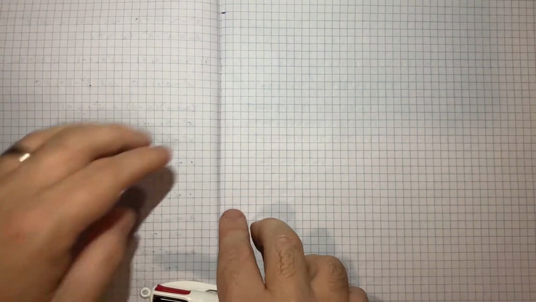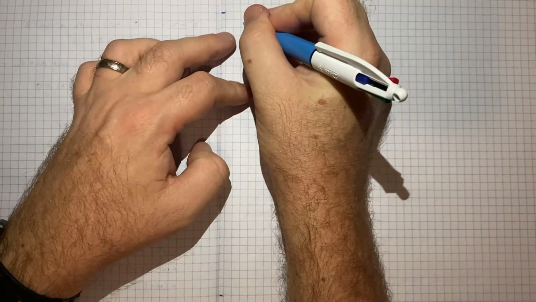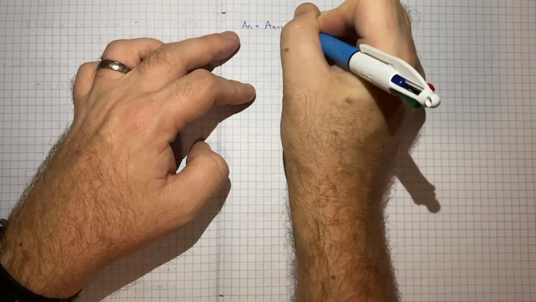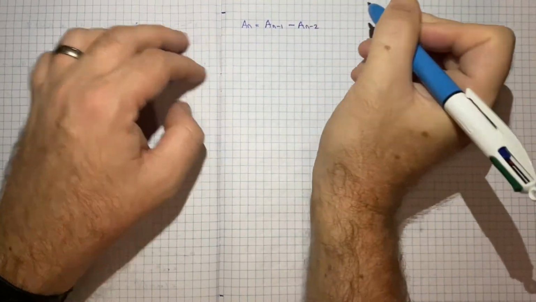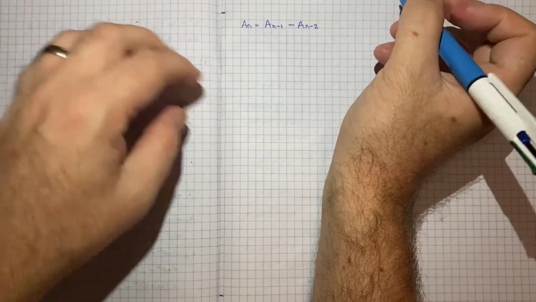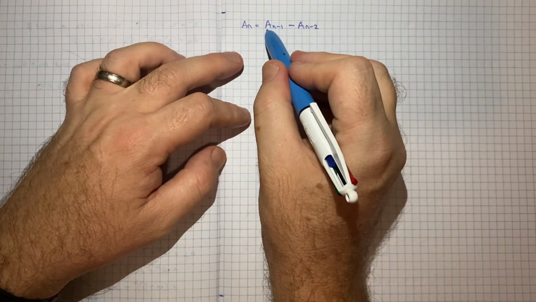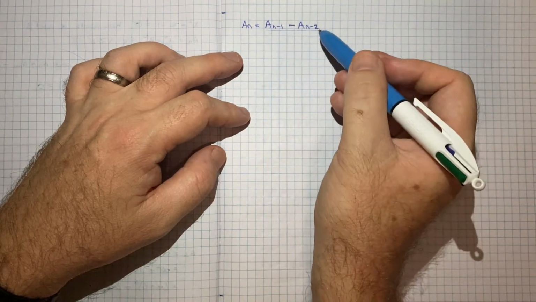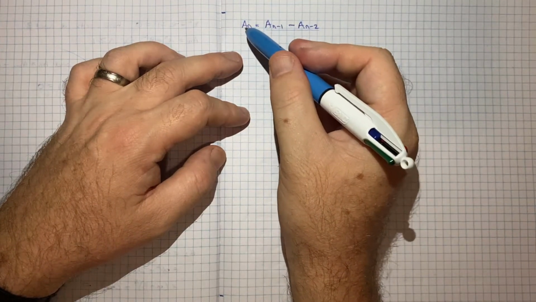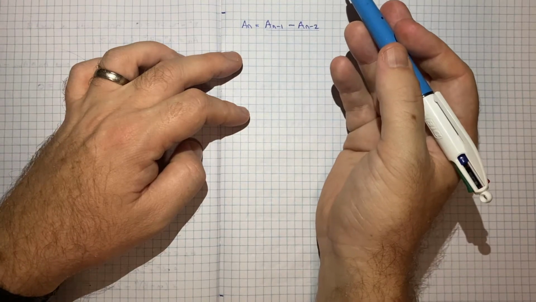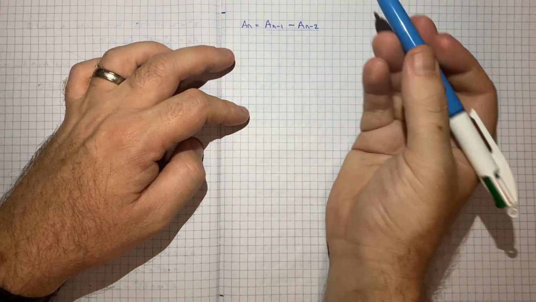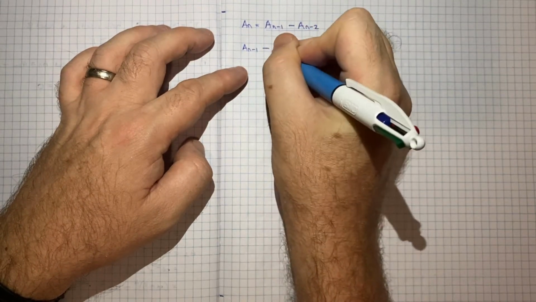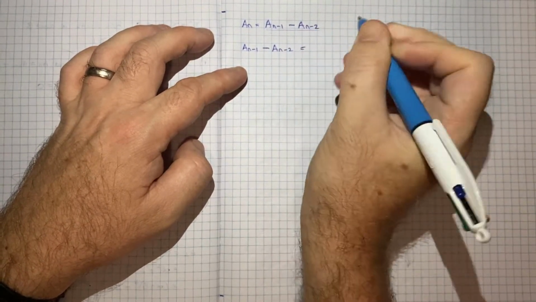So we now want to show that AN is equal to AN minus 1 minus AN minus 2. So what I might do is just start with this right hand side and see if by expanding it I get to AN, the definition of AN. So let's just throw that in. So we'll get AN minus 1 minus AN minus 2 is equal to,